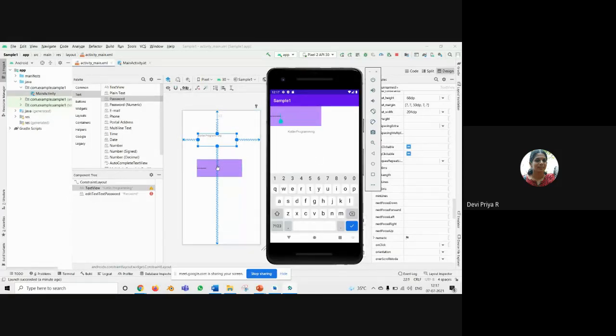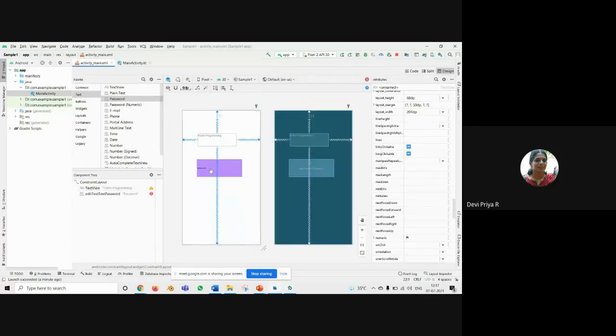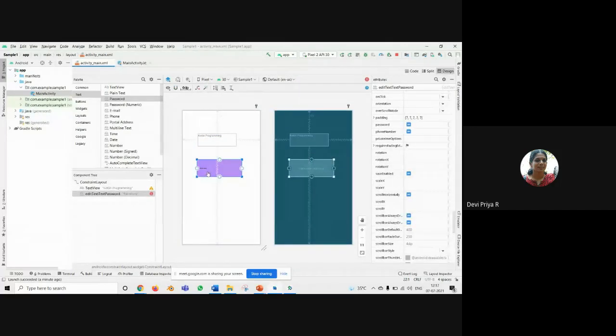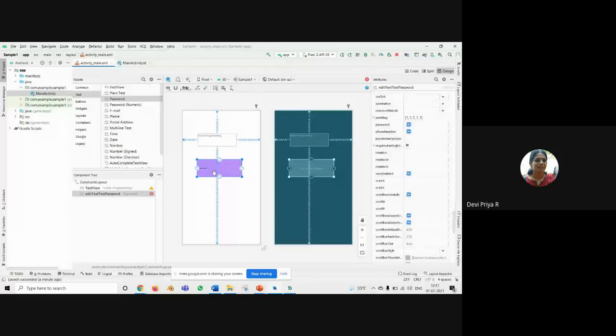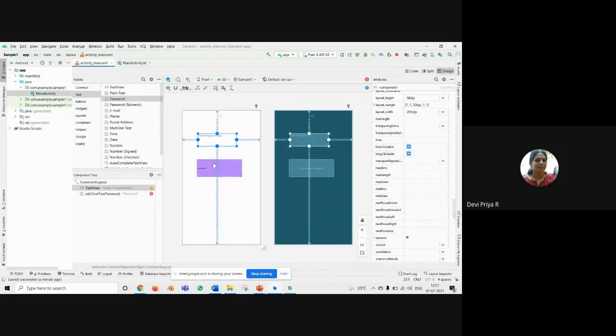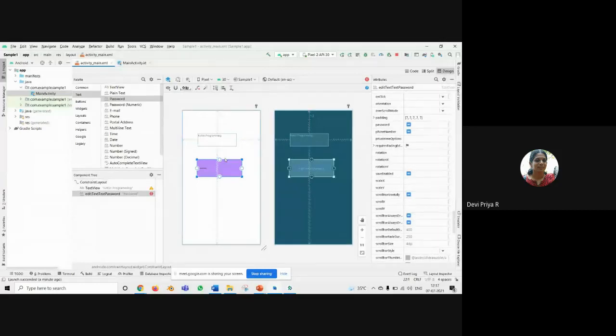We can rearrange all those things. You can either go and align in the code, or you can set add constraint here also. And if you are going to align one item, that means one component with another component, then that is called relative layout. That means for this text box, how much position it should have in between, how many positions should be vertically aligned and horizontal alignment. So all those positions can be set.